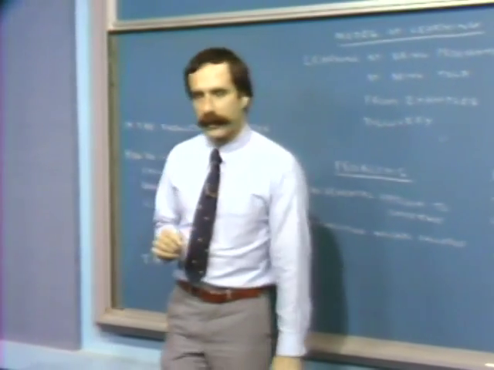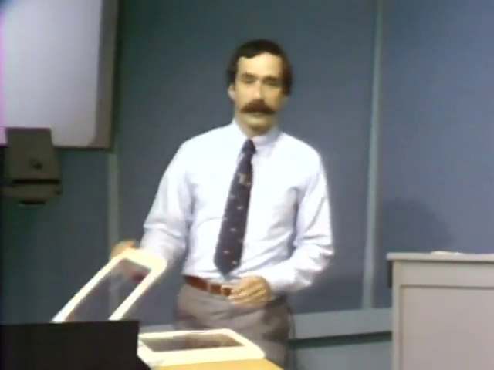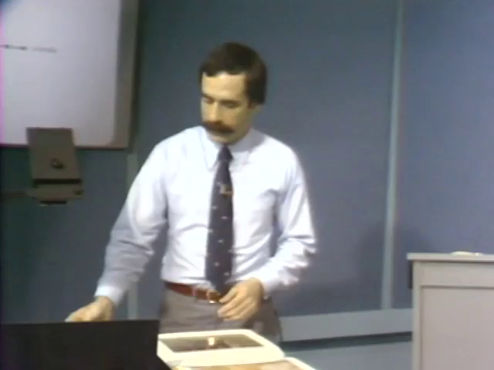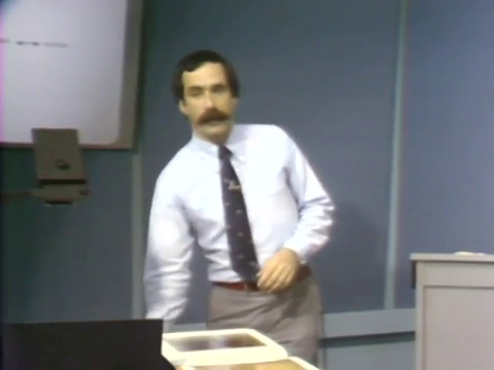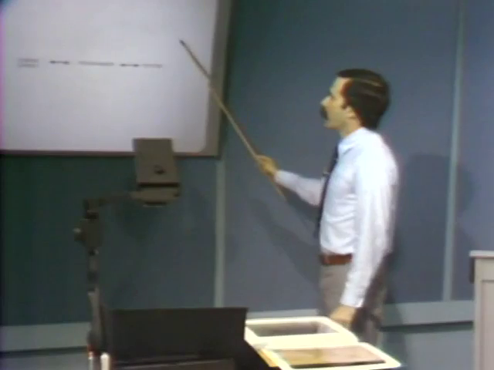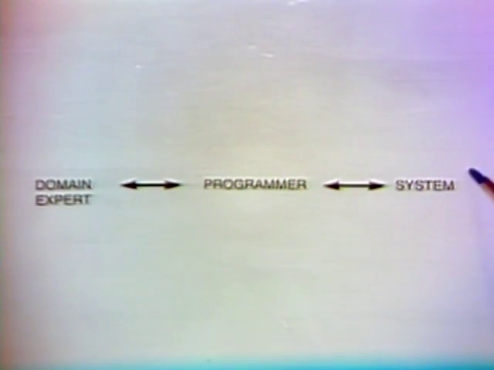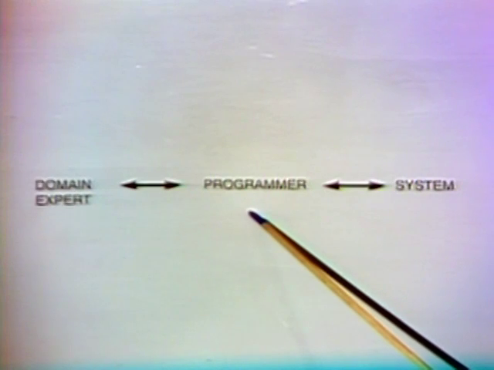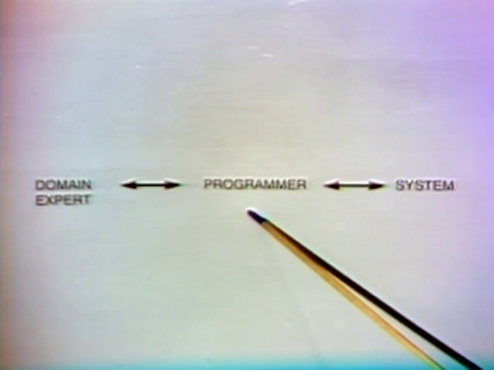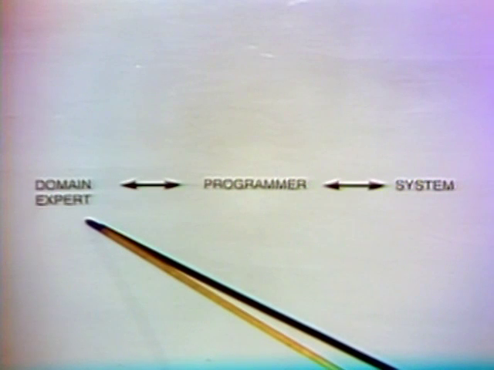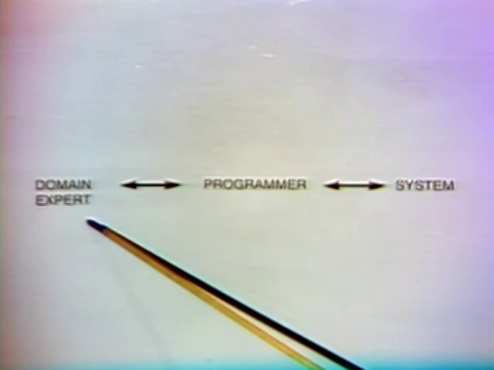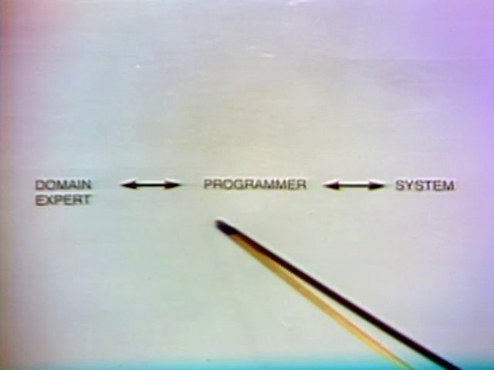Now let's take a look at a slide that shows you that in a little bit more detail and see how, first of all, this sort of thing used to be done in order to appreciate the kinds of progress we've made by putting together systems like TEIRESIAS. Now this slide shows you a sort of traditional example of what learning might be like and what knowledge-based construction, how it was done. You get together three things: a prototype system, some programmer, typically a graduate student who's ambitious, and a domain expert, in our case a doctor, but more generally somebody who simply knows how to solve problems in a particular domain. And you let the three of them go to work.